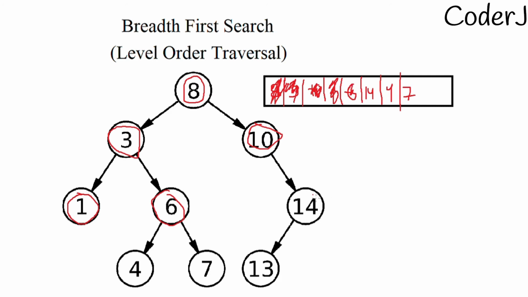After that, what is the next element? 14. First step, print 14. Done. Left child? Yes. Push 30. We have pushed 13 here. Does it have a right child? No, it does not. So the last step was remove 14. So yeah, we have removed 14 here. Done.